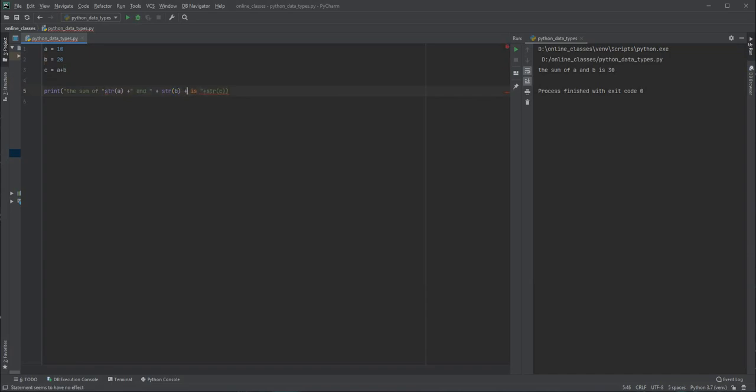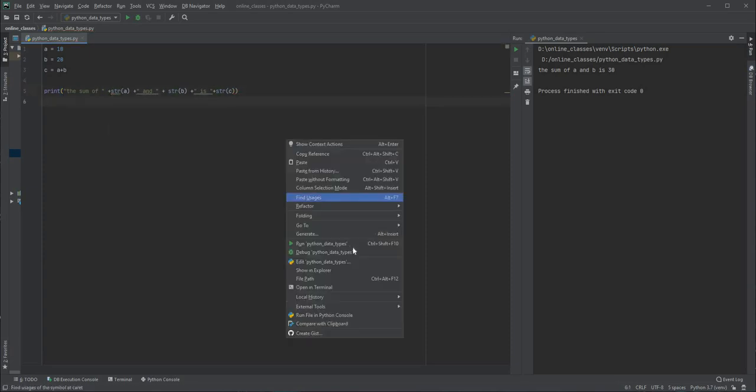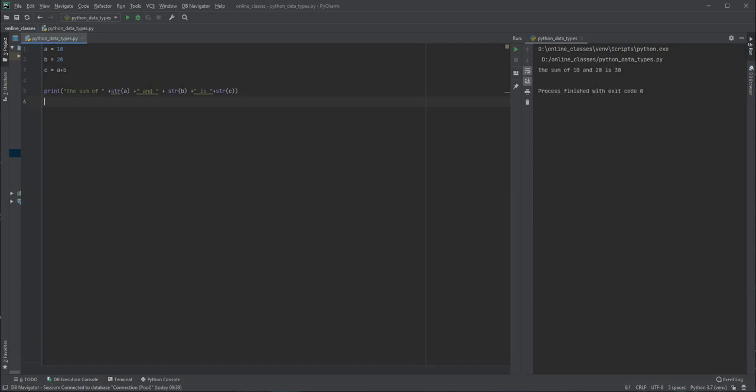Then I concatenate, in double quotes, "is". Now coming to the last, here we have missed this plus symbol. Now let's save it and run it. So here we are going to get the sum of 10 and 20 is 30. These are the basic functionalities in the Python language which you have to know.